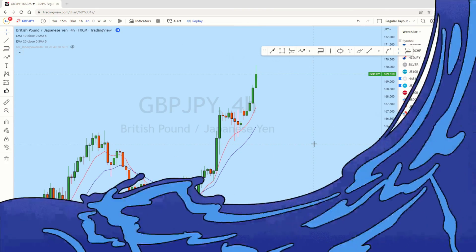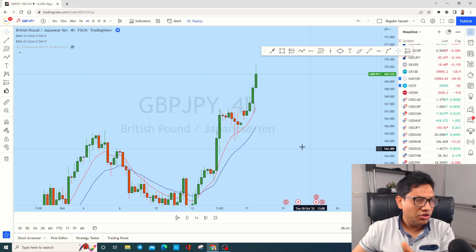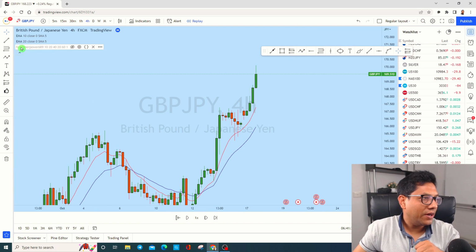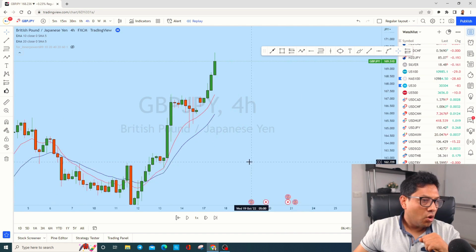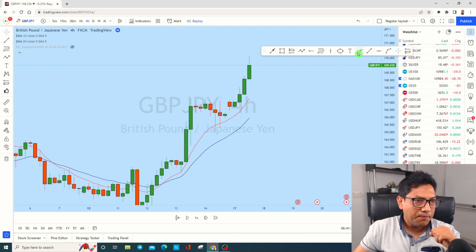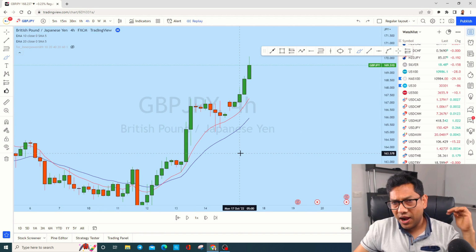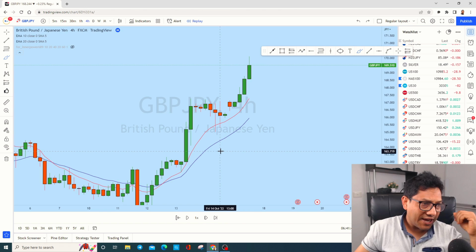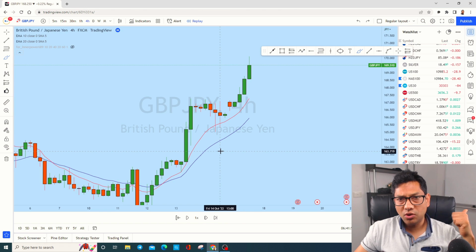So let's see this example, this chart on GBP/JPY. I love scalping this instrument. It's highly volatile. Let's say, for example, this market has this impulse, right? A big impulsive move to the upside. This is the 4-hour time frame, and I will not be scalping on the 4-hour, neither will you scalp on the lower time frame, such as the 5 minute or 1 minute. But the thing is, in what situation and which way will you be scalping.